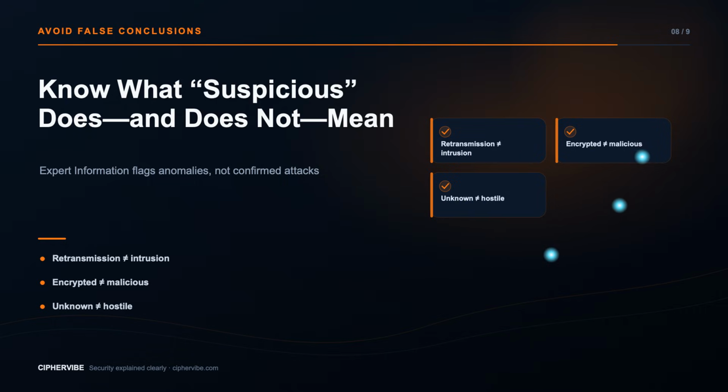Retransmissions may indicate loss or latency. Reset packets may reflect normal application behavior. Encrypted traffic is normal. An unfamiliar domain may belong to a legitimate vendor. A large transfer may be a backup. Context determines significance. Common mistakes include capturing the wrong interface, ignoring time zones, using a capture filter that removes evidence,